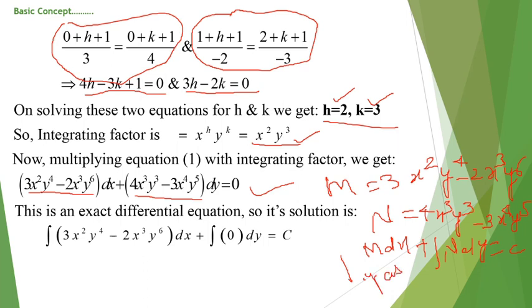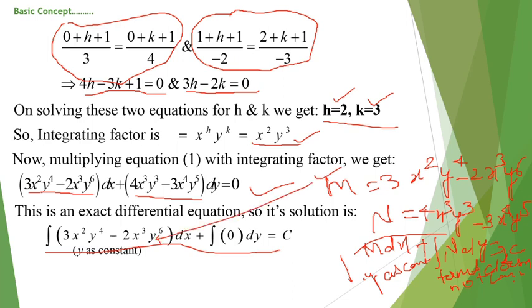with y as constant, and in N only the terms that do not contain x. So what do we get? We get this kind of equation. Here this entire M comes as it is, and from the N part, each term in N contains x, so we can leave all the terms, and we can write 0 in place of N.